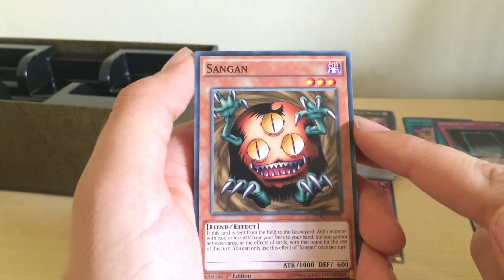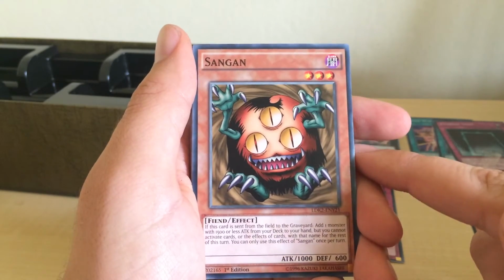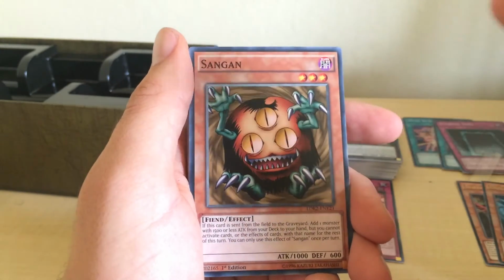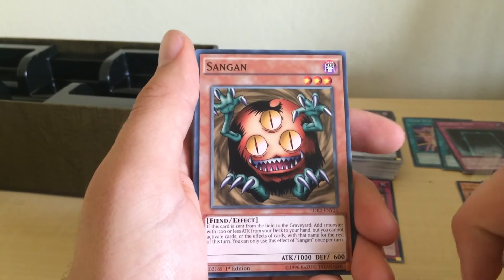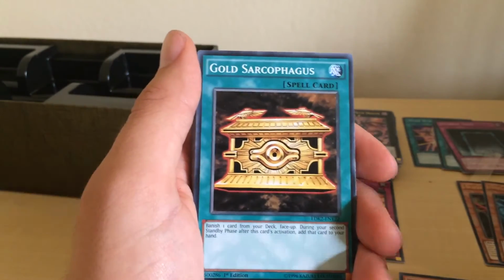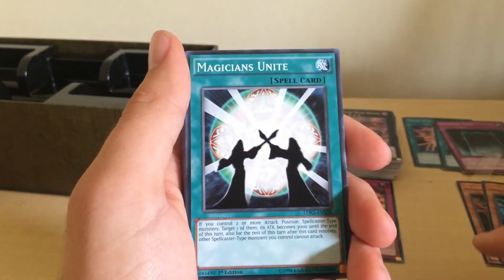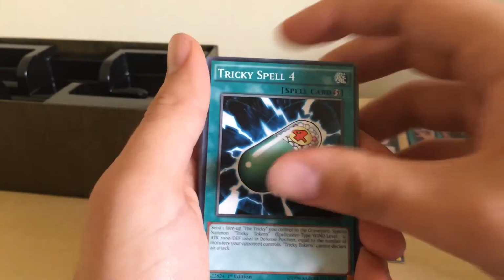If this card is sent from the field to the graveyard, add 1 monster with 1500 or less ATK from your deck to your hand, but you cannot activate cards or card effects with that name for the rest of the turn. You can only activate this effect of Sangan once per turn, so this should come off the ban list sooner or later. Gold Sarcophagus, Swords of Revealing Light, we have a Magical Dimension, Magicians Unite, Tricky Spell,